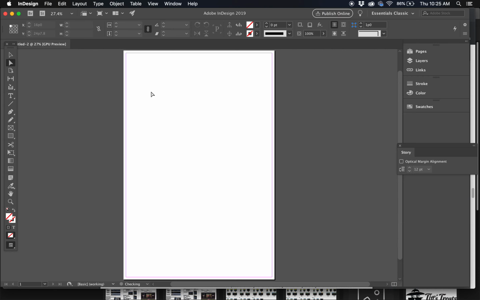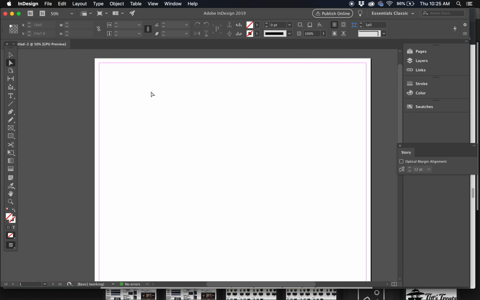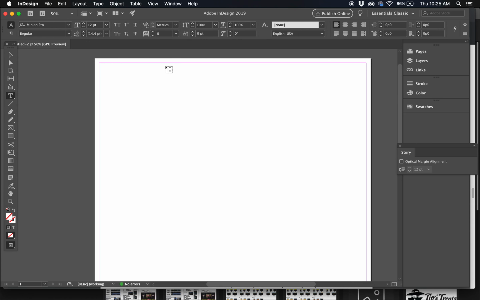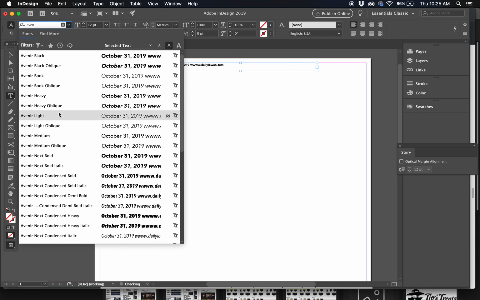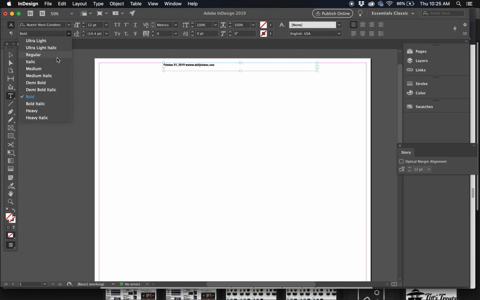Create my article, and you see this big giant format. Now the one thing about the Daily Iowan is I looked at it, I'm pretty sure the fonts they use, or at least close enough for us, is generally on a section page the Daily Iowan has a kind of like the date here. So what is it, October 31st, 2019, www.dailyiowan.com, whatever they have on here. I actually didn't look, and since I'm at home, I don't have it in front of me to look at it. But I think they're using an Avenir Condensed,